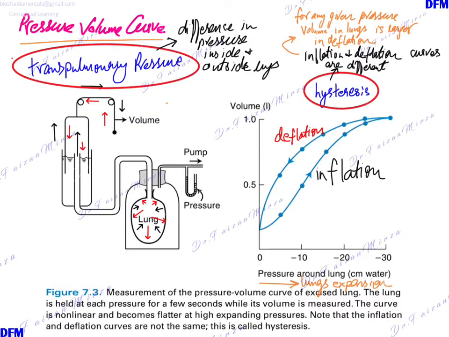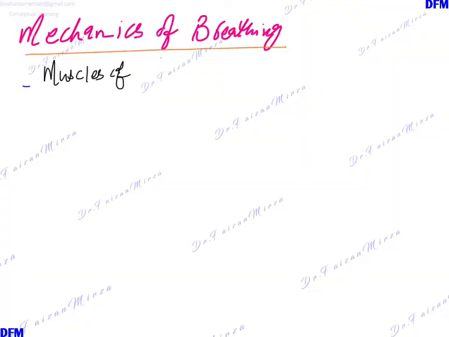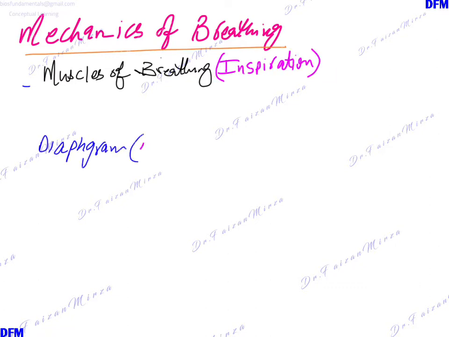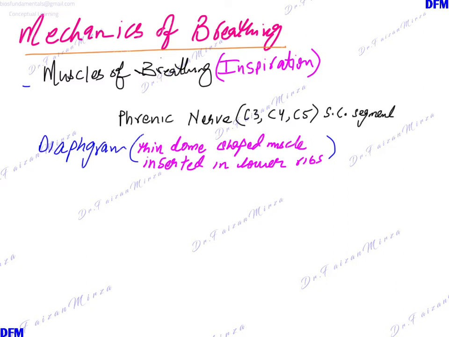So which muscles are involved in this kind of mechanics of breathing? Starting off with the muscles of breathing, the inspiratory muscles, the muscles which are important for inspiration. The main muscle is the diaphragm, which is important for our breathing. This diaphragm is a thin dome-shaped muscle inserted into the lower ribs, and the phrenic nerve innervates and controls the movement of the diaphragm. The phrenic nerve comes from the C3, C4 and C5 segments of the spinal cord or of the